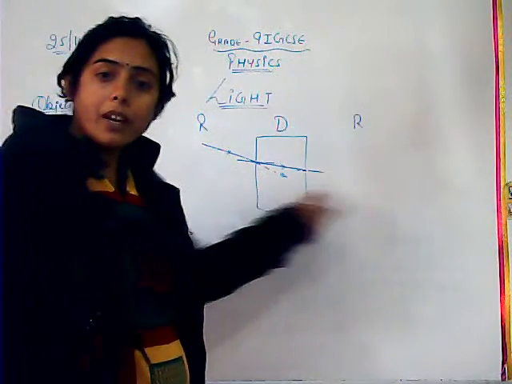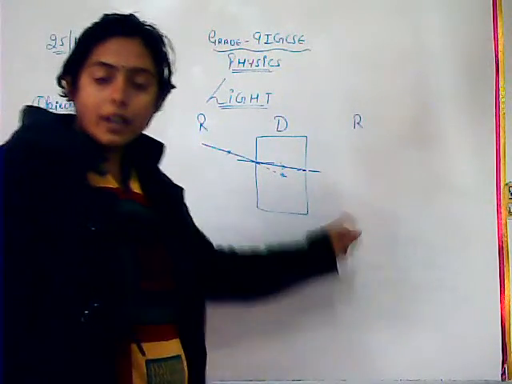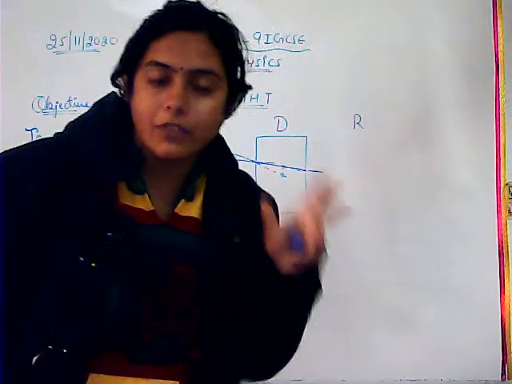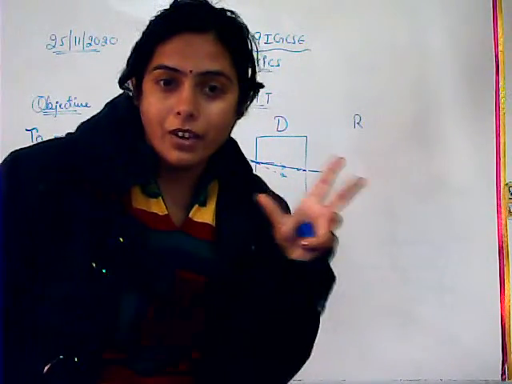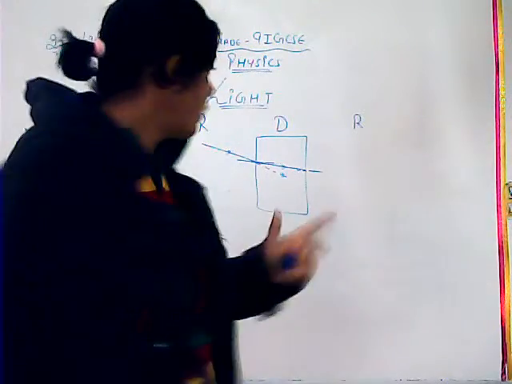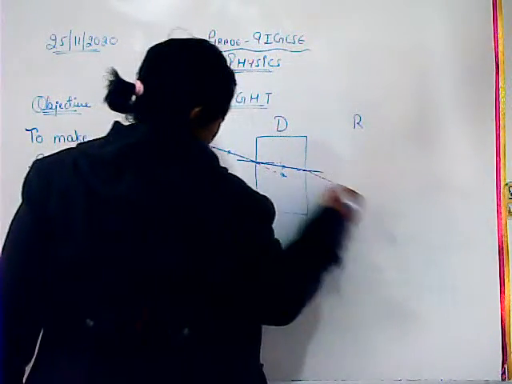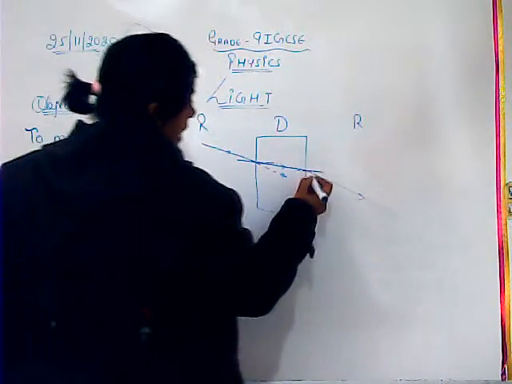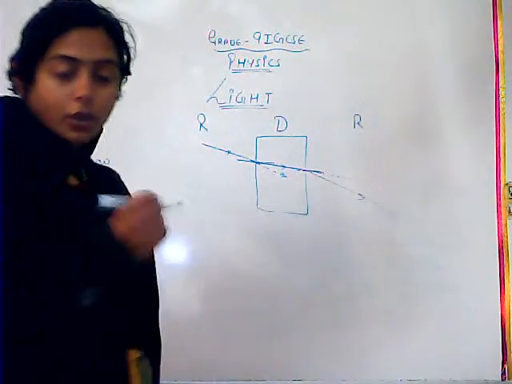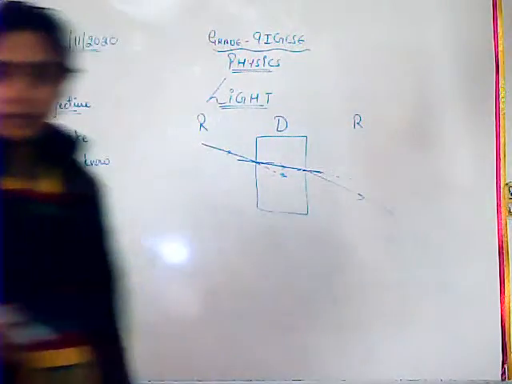नाउ यू गो फ्रॉम रेयर टू डेंसर, सॉरी डेंसर टू रेयर. आप ज्यादा मॉलिक्यूल से, ज्यादा ट्रैफिक से कम ट्रैफिक की तरफ जा रहे हो, मार्केट से हाईवे, तो स्पीड इंक्रीज हो जाएगी एंड यू विल बी अवे फ्रॉम द नॉर्मल. यू गो लाइक दिस. जाना किधर था, एक्चुअली में ऐसे जा रहे थे धीरे धीरे धीरे, ठीक है ना. बट क्योंकि अभी ट्रैफिक कम हो गया, सो यू गो अवे फ्रॉम द नॉर्मल लाइक दिस.